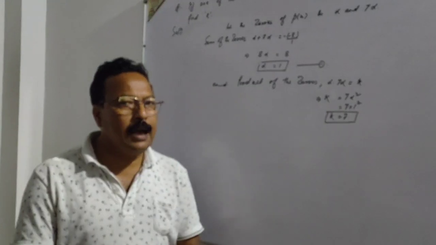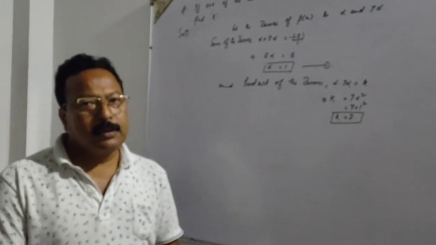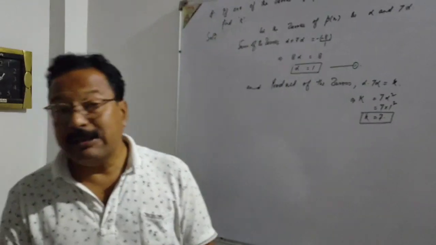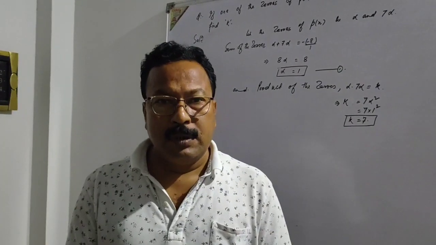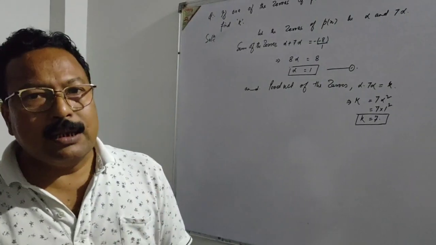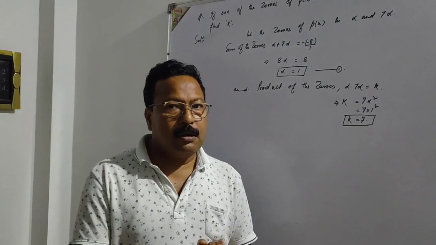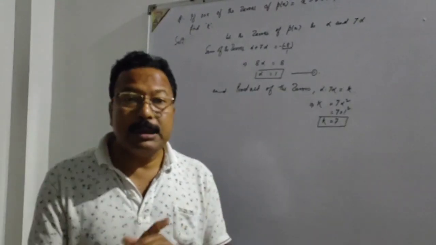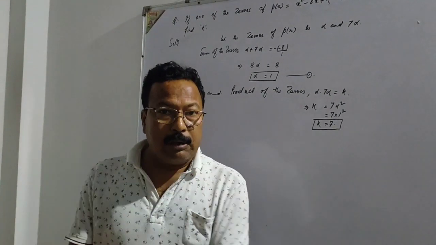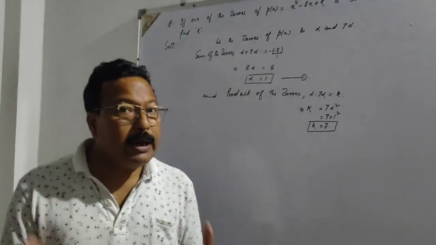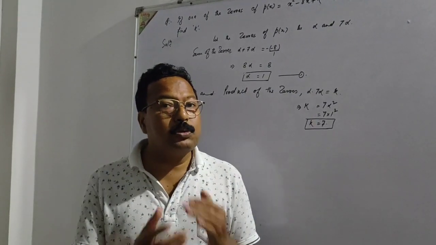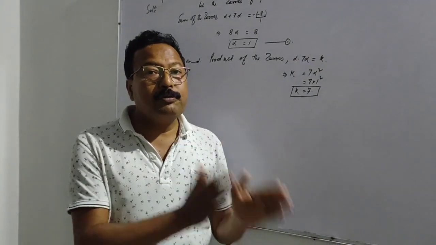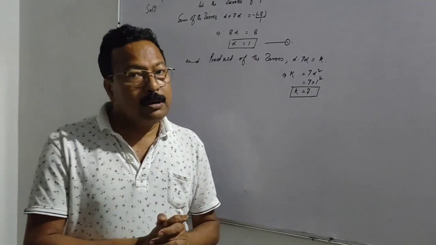Now one thing is that in the next class, that is period 3, we will study the division algorithm. In that case, when the polynomial is of degree more than 2, that is a cubic polynomial or biquadratic polynomial, how can we find the zeros of the polynomial when one of the zeros or two of the zeros has been given? Okay, thank you.